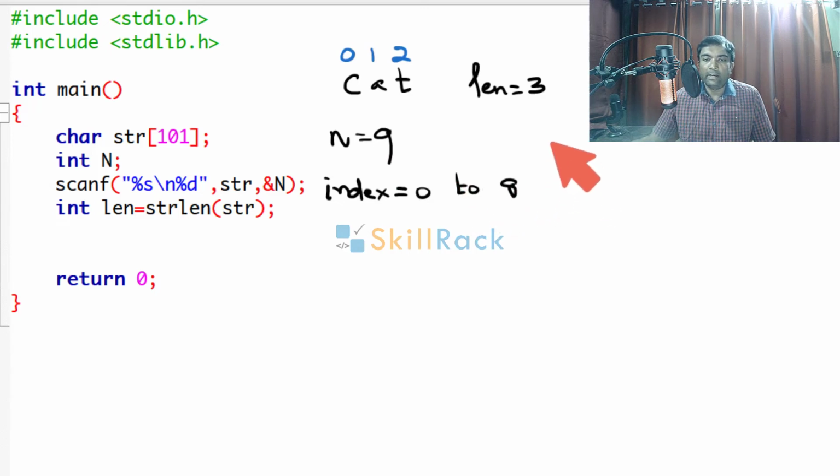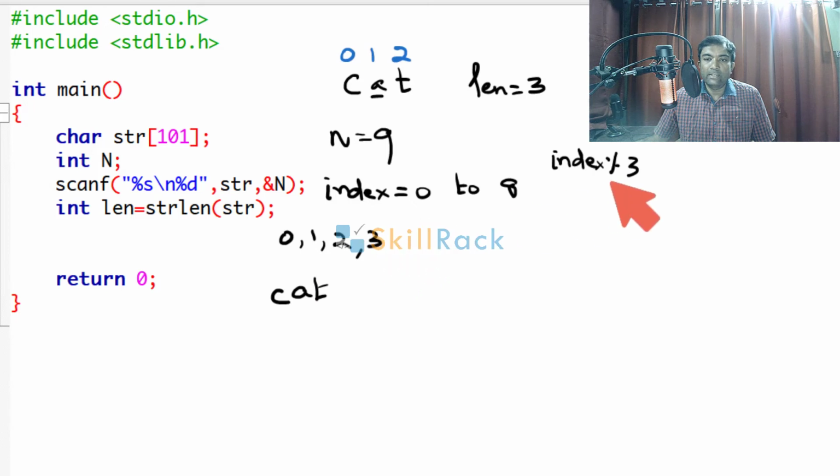Now we have to print the character at index modulo len, which is nothing but 3. When the index value is 0, 0 modulo 3, C will be printed. When the index value is 1 modulo 3, A will be printed. When the index value is 2 modulo 3, T will be printed.